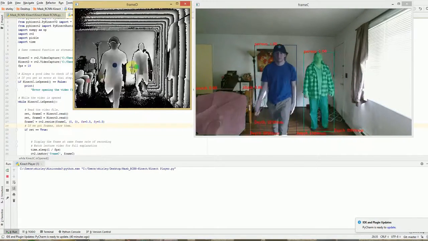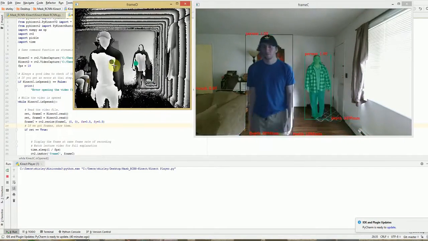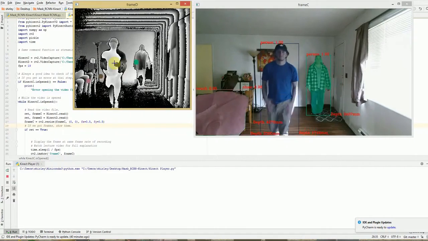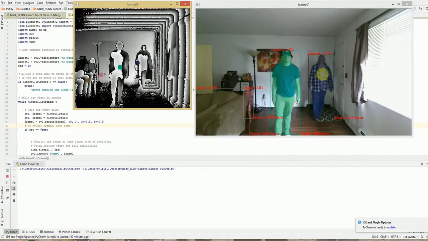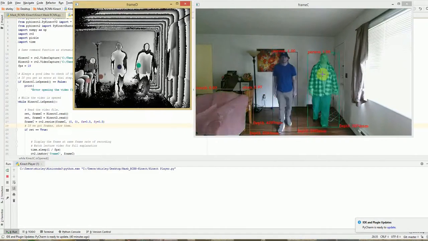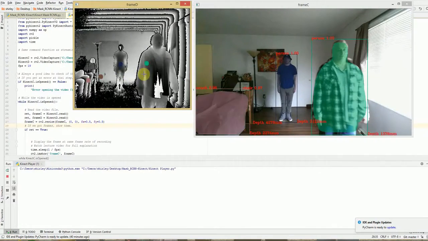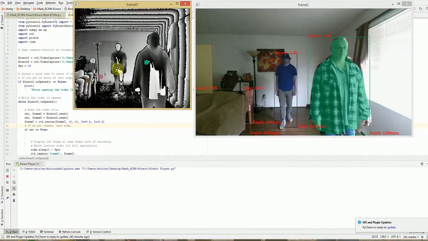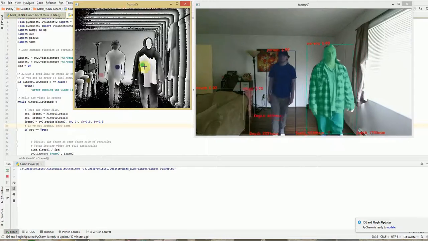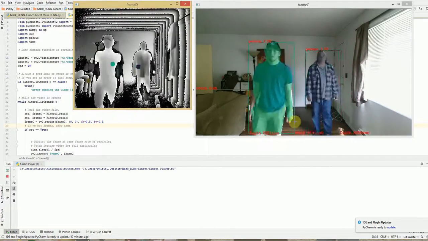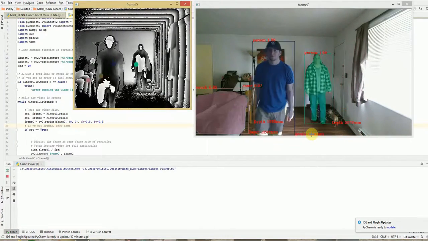I still have some issues. I'm trying to find the coordination between the objects in the video screen and the depth stream. I'm still working out those relationships, but I am pretty close. It's pretty on target. And as you can see, as it's moving back and forth, you can see